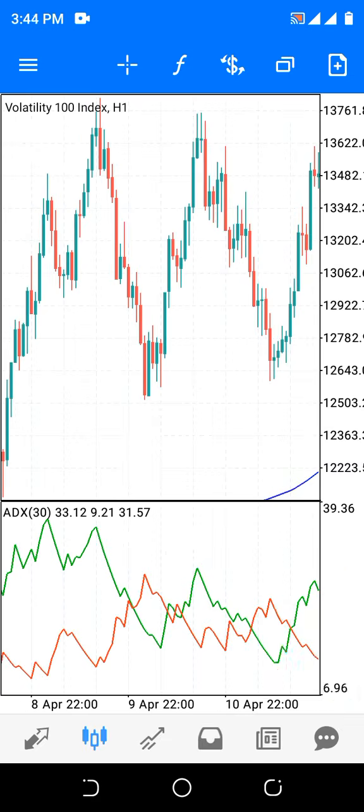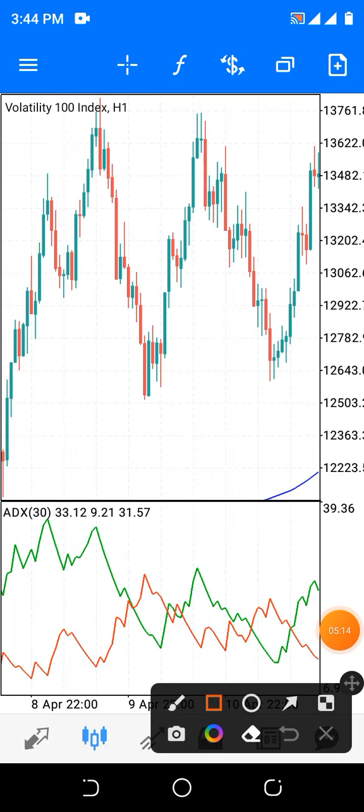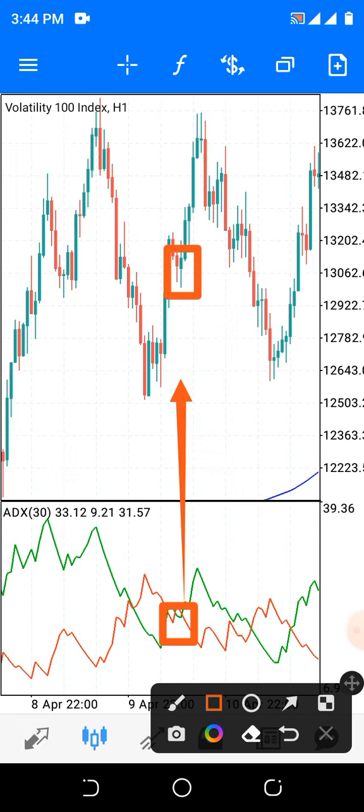Here is another opportunity for you because there is a crossing there. You trace it to where it occurs. Do you understand? So if you trace it, this is where the particular crossing occurs, and this is a small gain for you. We take it and go out immediately and wait for another opportunity.